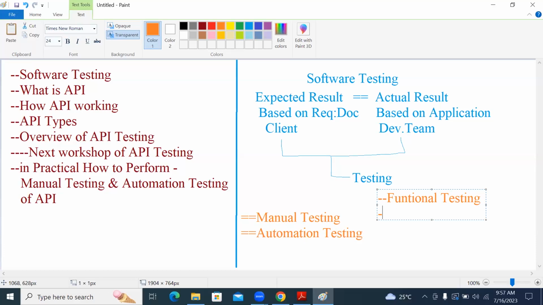In the same way, we have API testing. API testing also can go with manual testing and with automation testing.